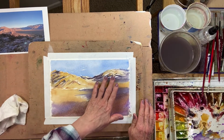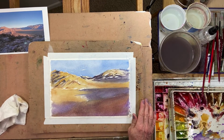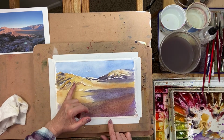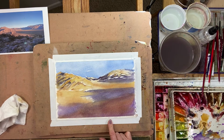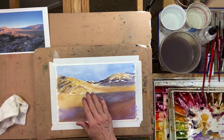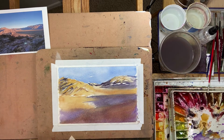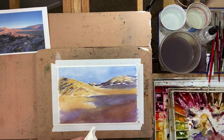So I feel like I want to strengthen the yellows, the sunlit areas of this hill back here, and strengthen this shadow here. And then also I lifted out some highlights. I'm not extremely happy with the way that's looking, so I'm going to try not to overwork it, but see if I can't get those to look a little bit more natural. So I'm going to start in that back area and just